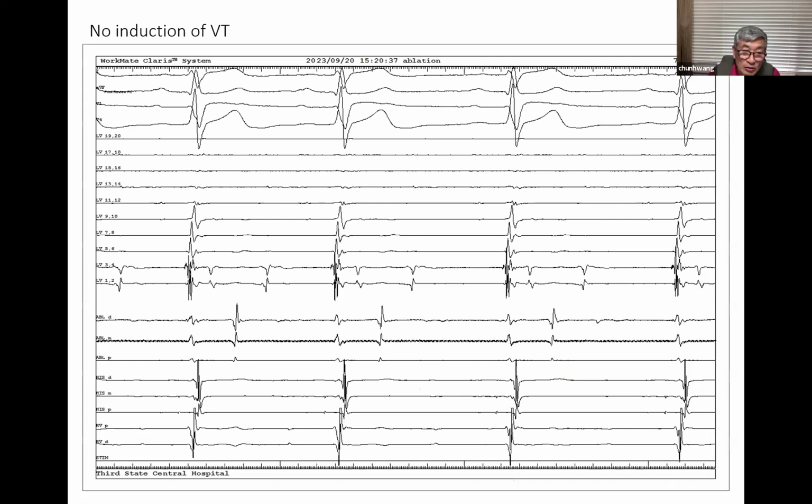So even in the 3D era, I know Dr. Park and the Yonsei University team do a good job, and they do an LV angio no matter what, whether you have a 3D ICE or not. They like to see things. I think that's a proper approach. That's a good